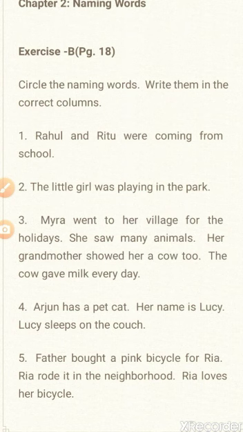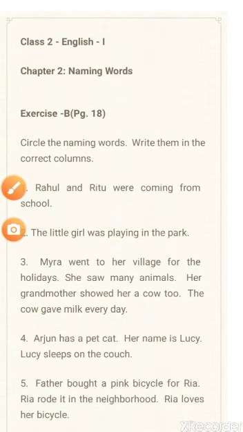Now the next part of the sentence is her name is Lucy. Her name. So I circle the word name and Lucy. Name is again an abstract noun which you can only think of. We cannot touch it. So it's a noun. Circle the word name and write it in the things column. Lucy is a name given to the cat, which is an animal here. So here we will write Lucy word in animals column.